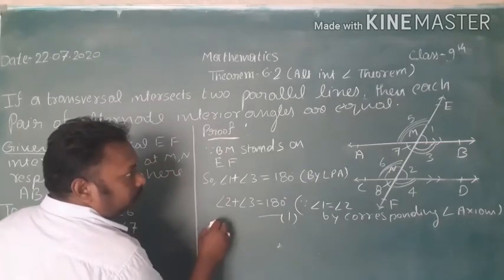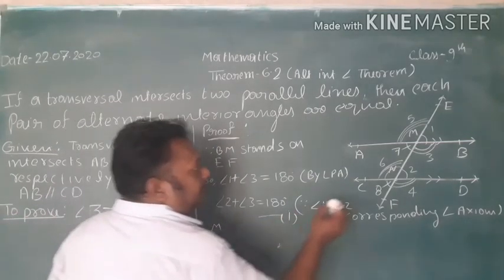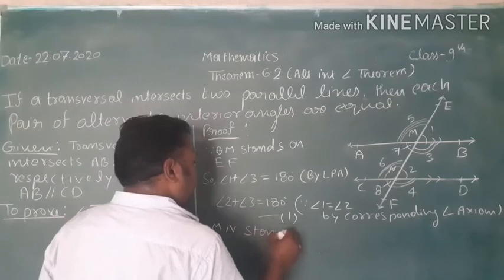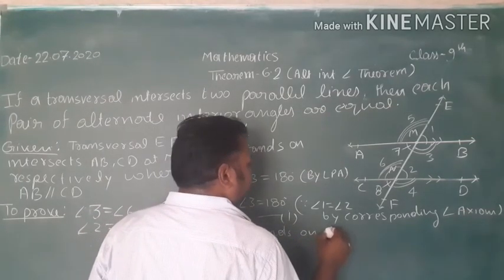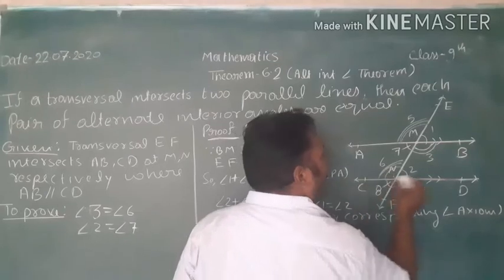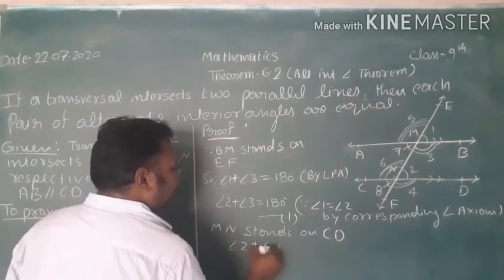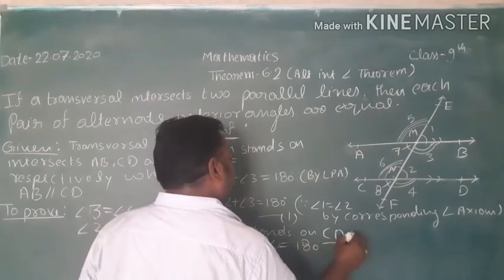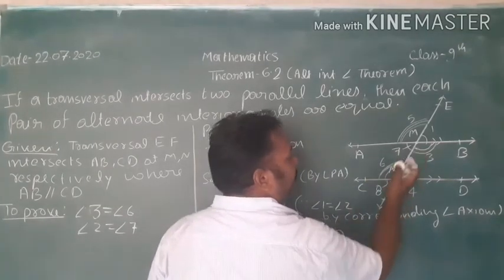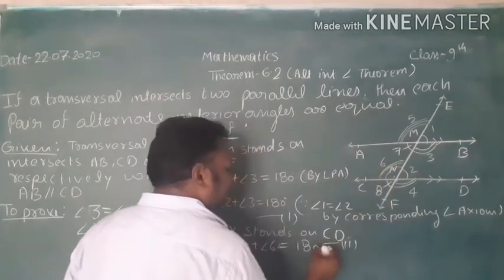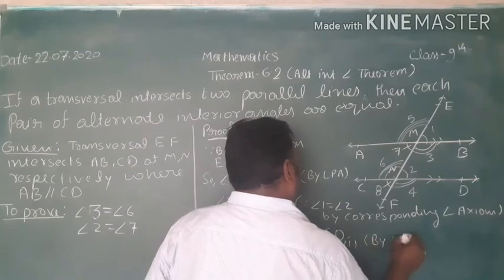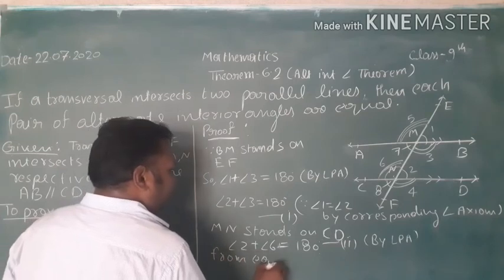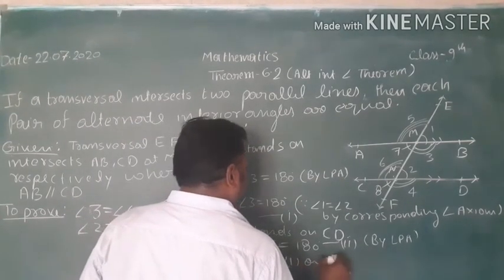Now this is the line MN. MN stands on CD. So 2 plus 6 equal to 180. This is the second equation. 2 plus 6, because this is a ray standing on a straight line, so 2 plus 6 equal to 180 by LPA. From equation first and second,